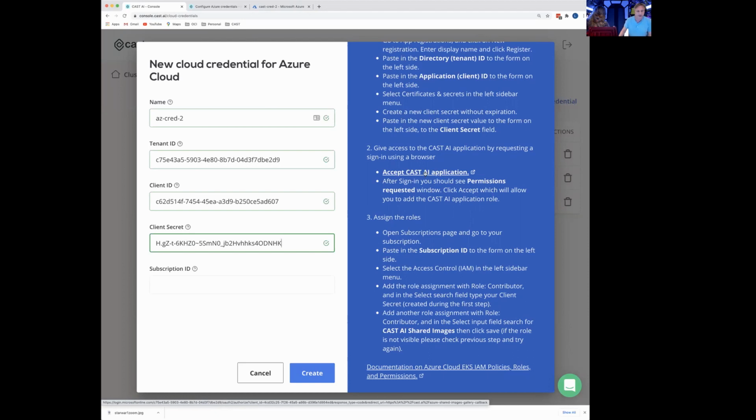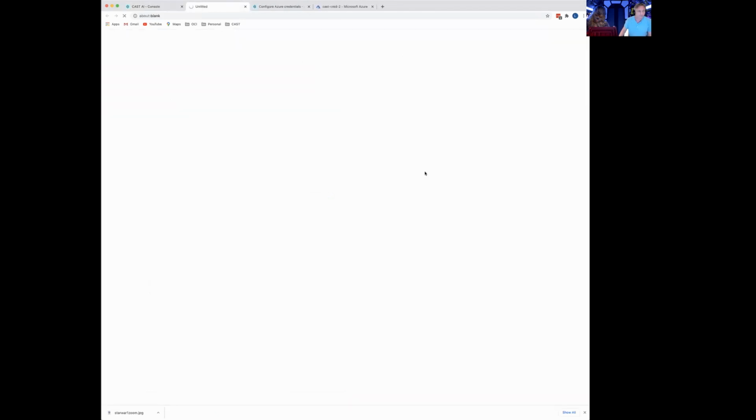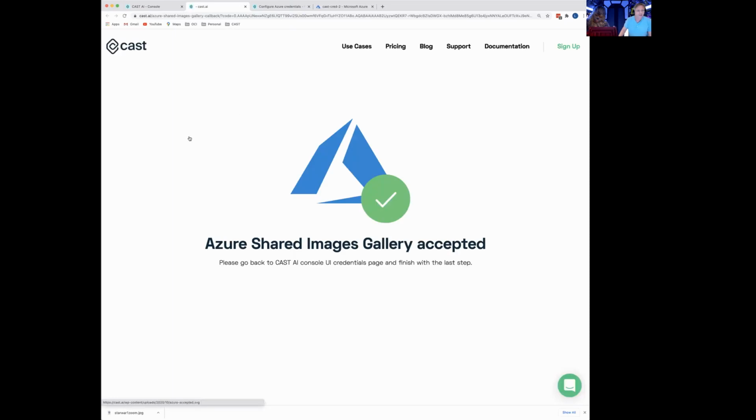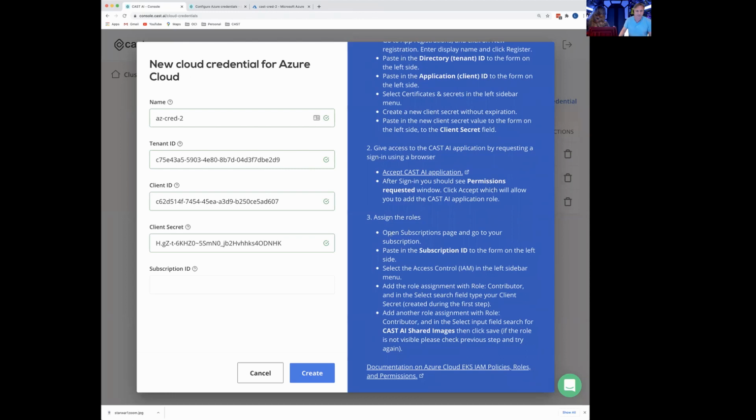So let's go ahead and click on Accept Cast Application. And you'll notice that I've already accepted the image gallery share. You're going to get a pop-up that asks you, hey, are you okay to do the share and so forth. And once you are, you can then click accept. It's probably 2 clicks, and then you'll be done. And then you can come back to the console to finish the steps. So we've done this part,